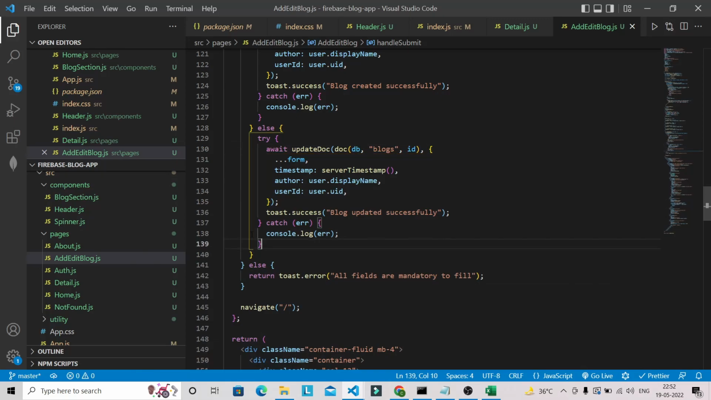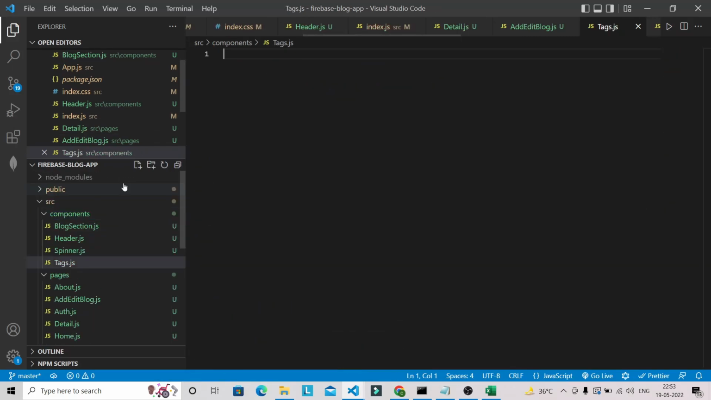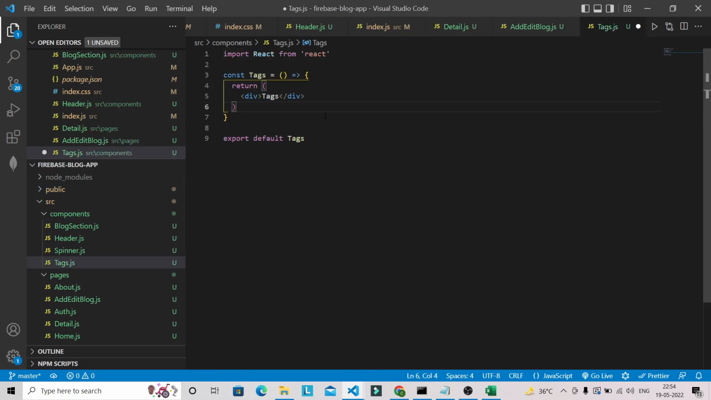So now I'm going to start working on our tag section. So I'm going to create one file here, that is tags.js, and I'm going to generate a snippet over here. So this tag component is going to receive tags from our parent, that is the home.js file, and here we can remove this one first, and inside this div we are going to have one more div